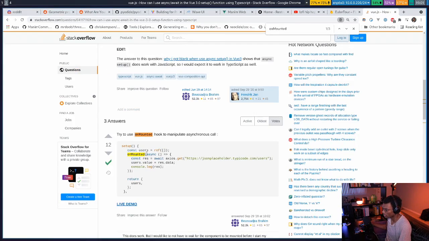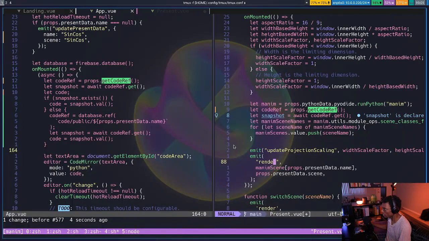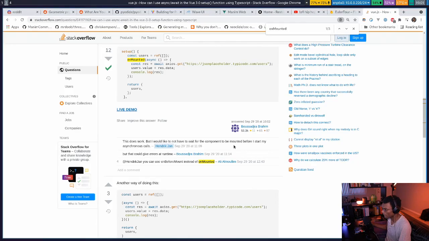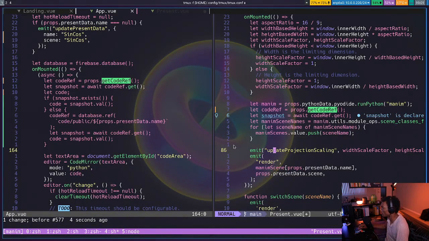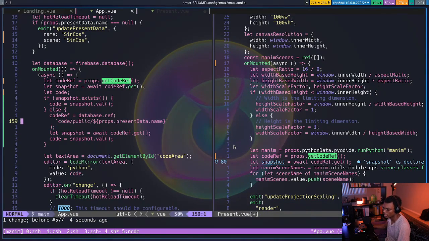Yeah, you can. Just put an async whatever and do it there. I need to not have to wait for the component to be mounted before I start my async calls. Yeah, I think this is what I want. Just put async here. Now I can do await here. And then I'll be able to get this code